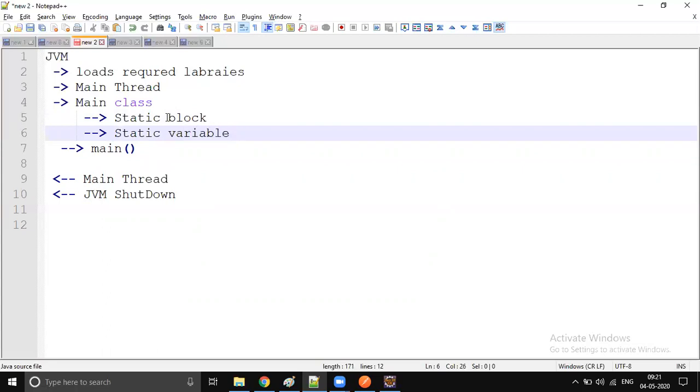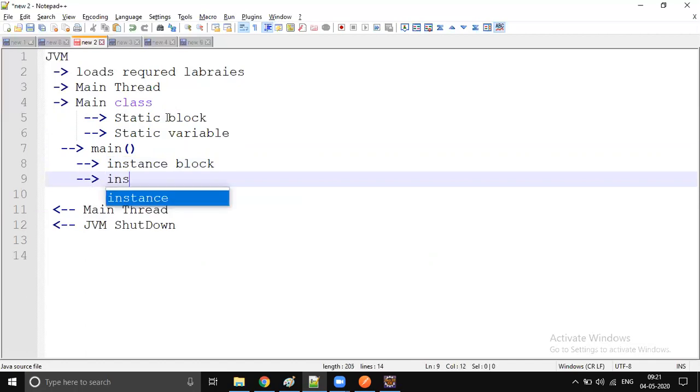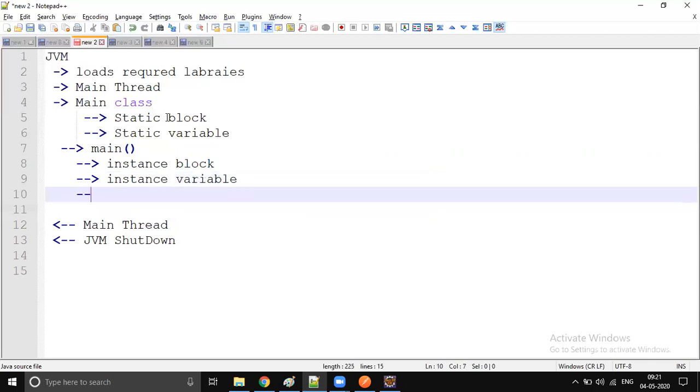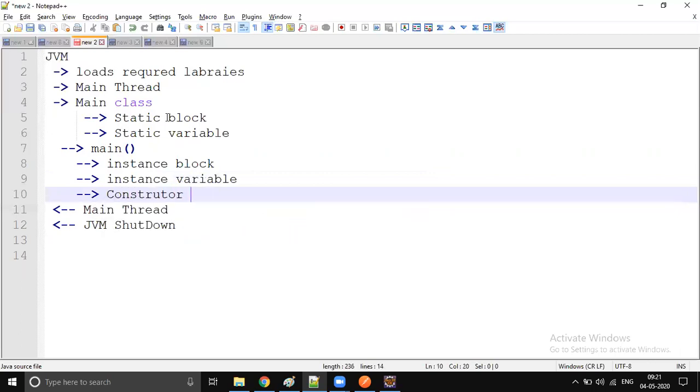Then later we created some objects, and by creating objects we added an instance block and instance variable. Finally we wrote a constructor, which will be executed while we are creating the object.